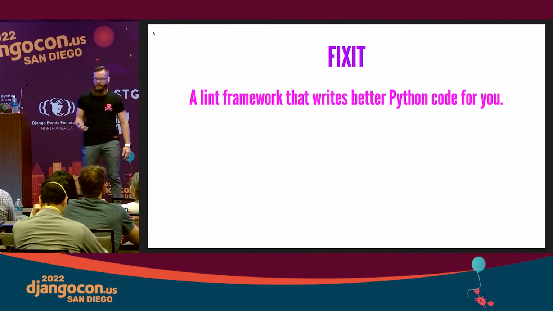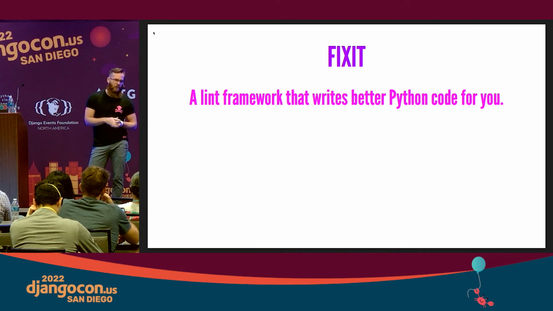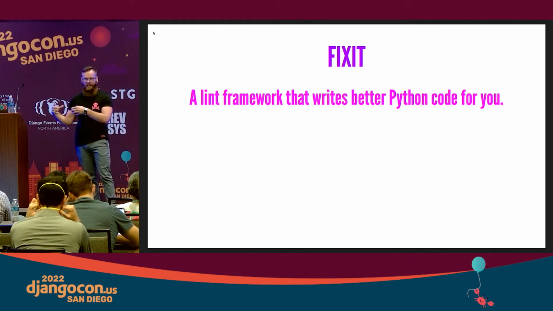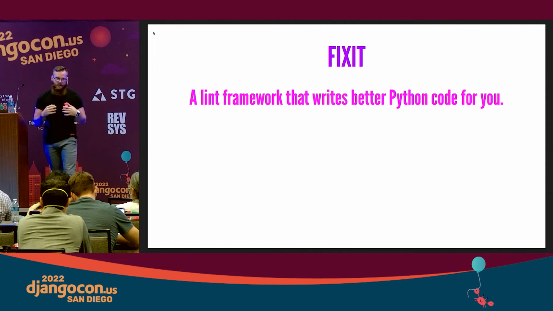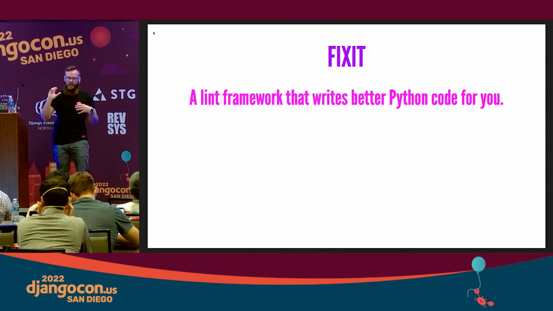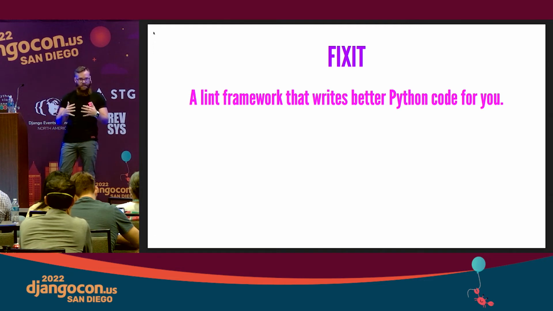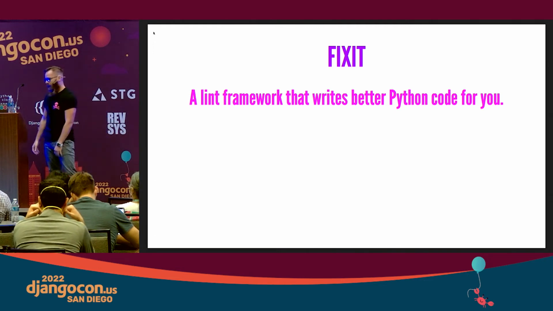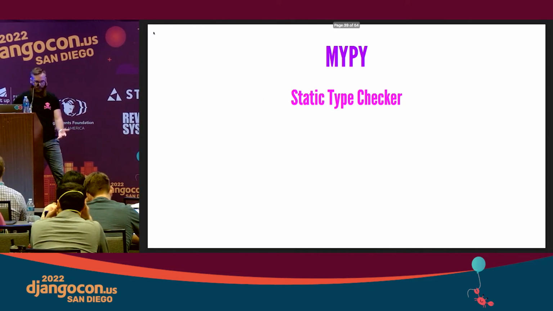Recently, we started using something called Fixit, which comes from Meta, because it turns out Flake8 is really powerful, but anytime you deal with the AST, it's pretty difficult, and sometimes it can be very difficult to build something that targets the right syntax tree that you want to deal with. Fixit is a declarative way of doing that, so you can say, this is what good code looks like, this is what bad code looks like, and figure that out for me, so I don't have to write a lot of this complicated AST code. It will also actually apply the fix to your code as well, which is pretty neat.